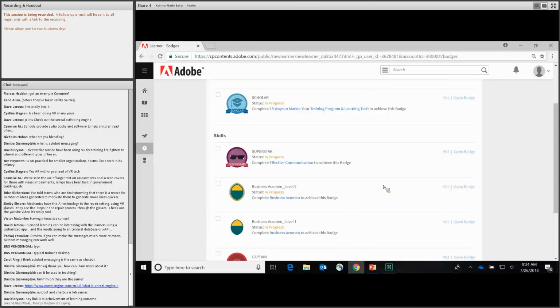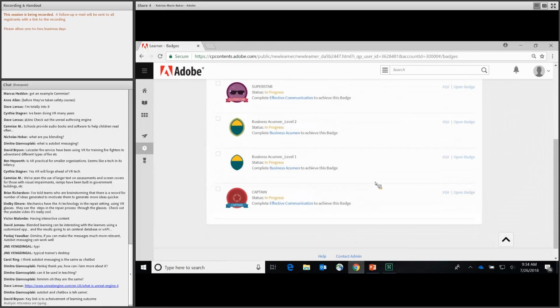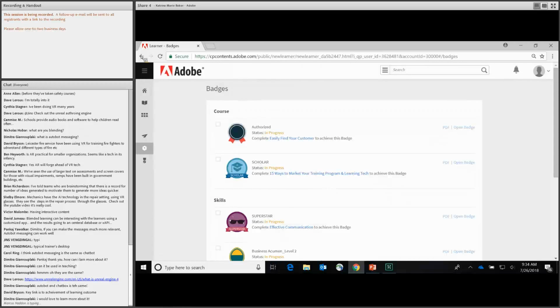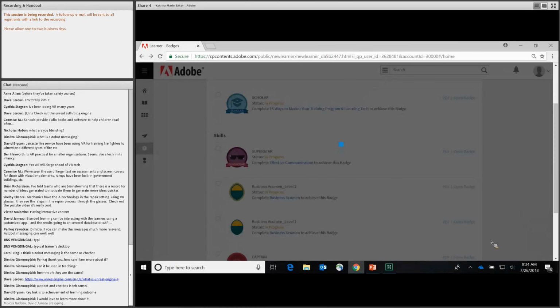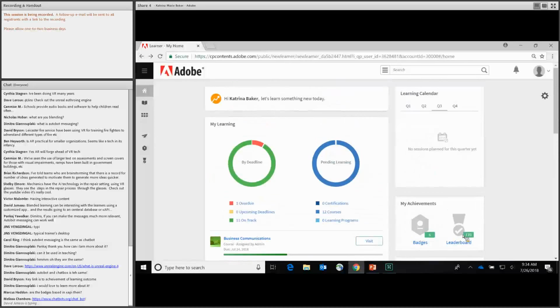And you've got all of these different things. A lot of times you can customize your badges by having badges that you've created put in here. These are all the ones that actually come with Captivate Prime. I'm just not that artistic, so I stick with what is in the system. And you can see also here down at the bottom,